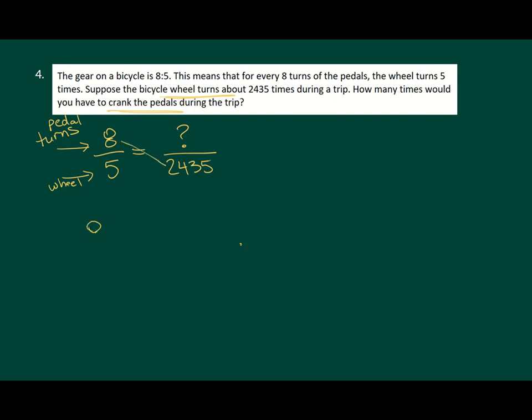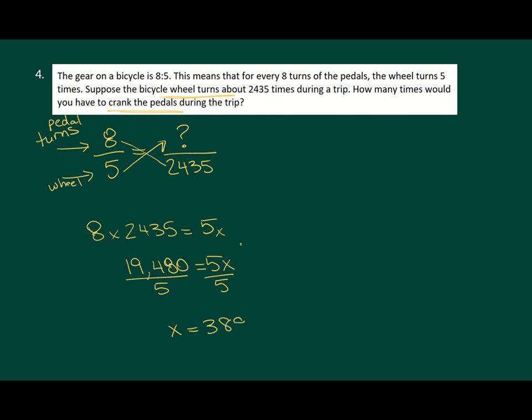So I'm going to say 8 times 2,435 equals 5 times, we don't know what that is, so I'm just going to let that be x. So 8 times 2,435 is 19,480, and that equals 5x. So to solve for x, I would divide both sides by 5, and when I do, I get 3,896